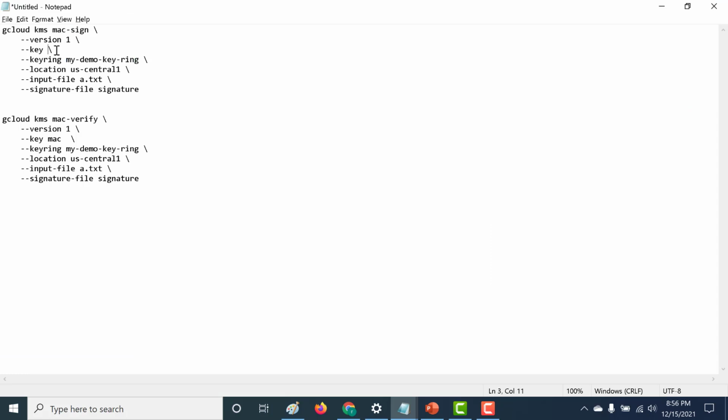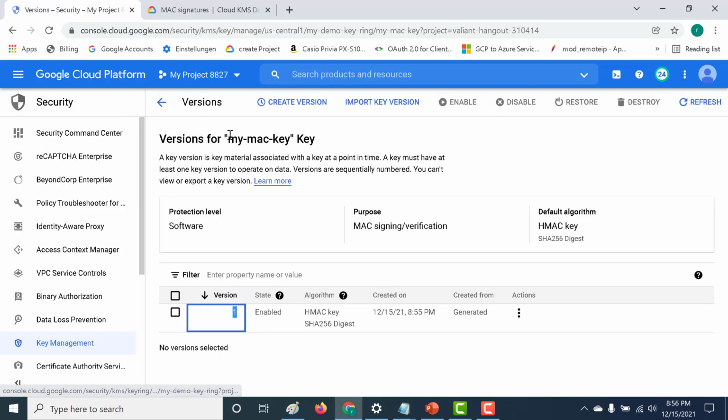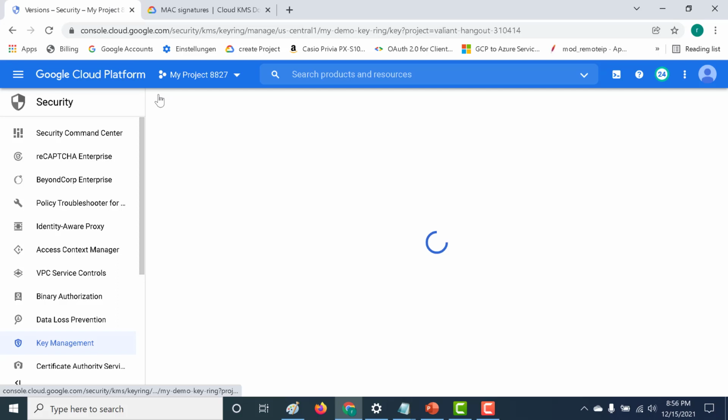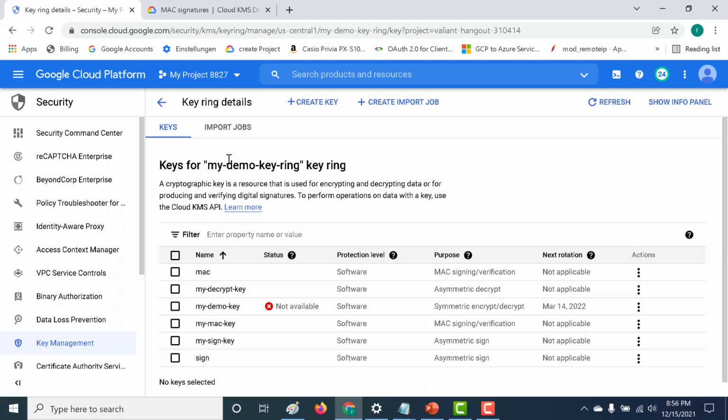The key is my MAC key. Let's copy this. This is the key that we've just created. This my MAC key is in this particular keyring, so let's copy this my demo keyring.